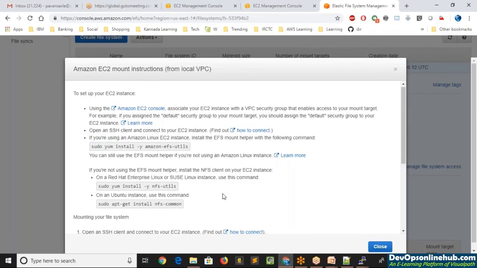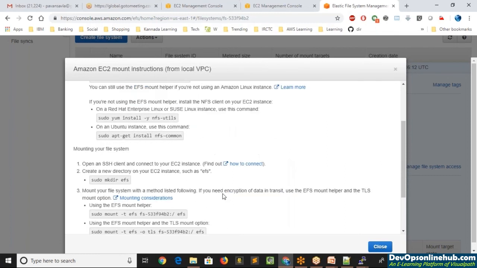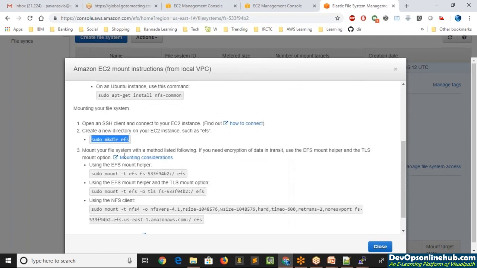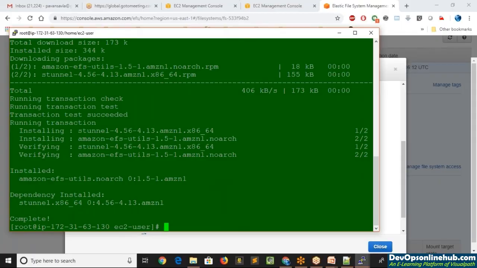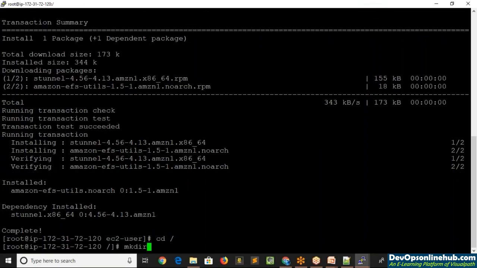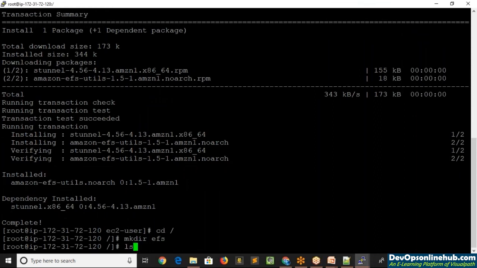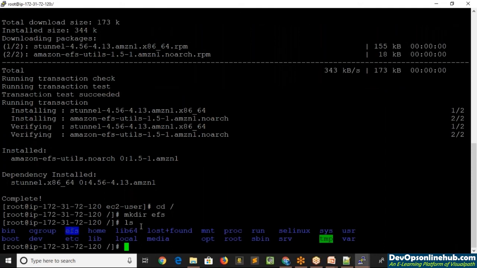So here if you see, I have to go ahead and create one directory with the name EFS, right? And to that mount point, I'm going to mount this EFS drive, right? So let's go ahead and do it. So first let's create this. I'll go to the black box first and then say first I'll go to the root directory, and then here we'll create a directory with the name EFS. So if I say ls now, you should be able to see the EFS directory which we have just now created.